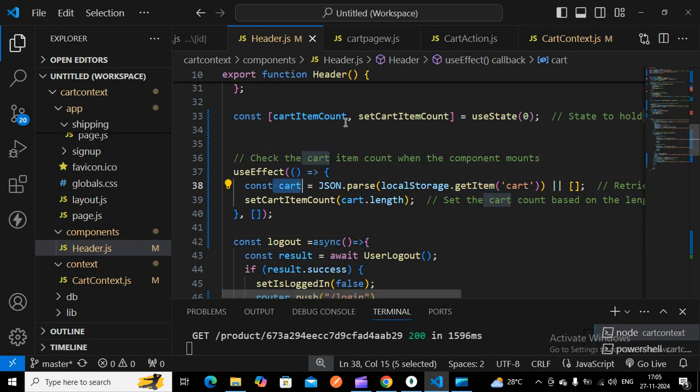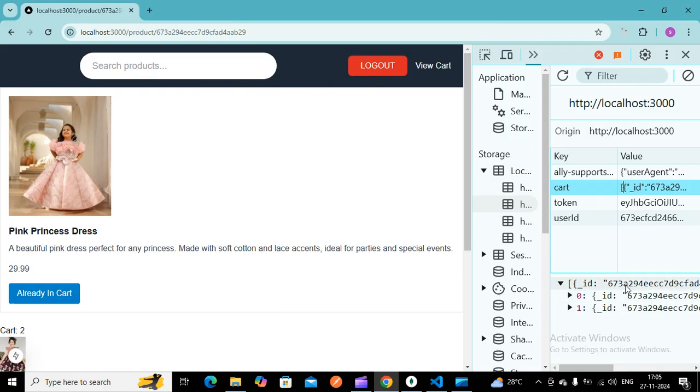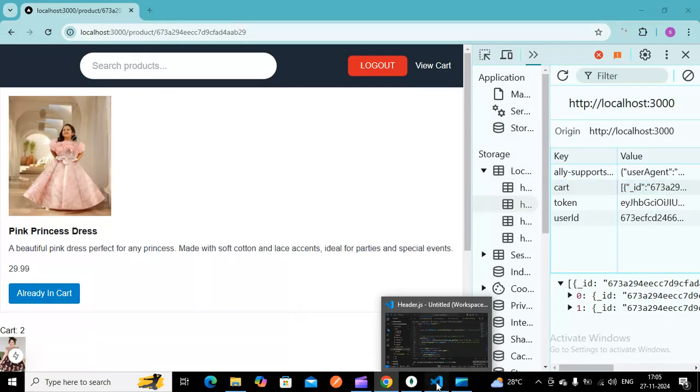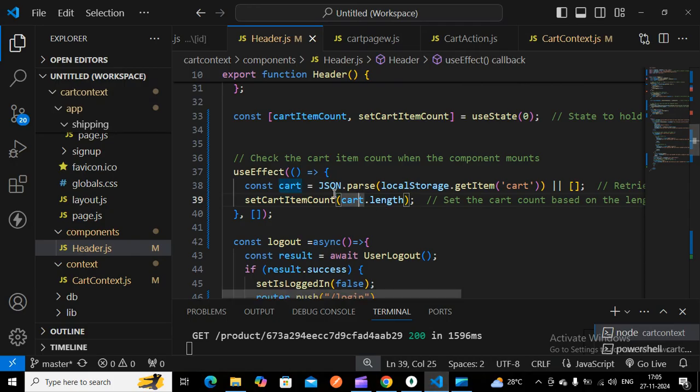I have used a useState variable to store the length of the cart. In setCartItemCount with cart.length, we will be getting 2. So here you can see I have a count of 2. From the local storage I'm getting the cart and storing it in the useState variable.